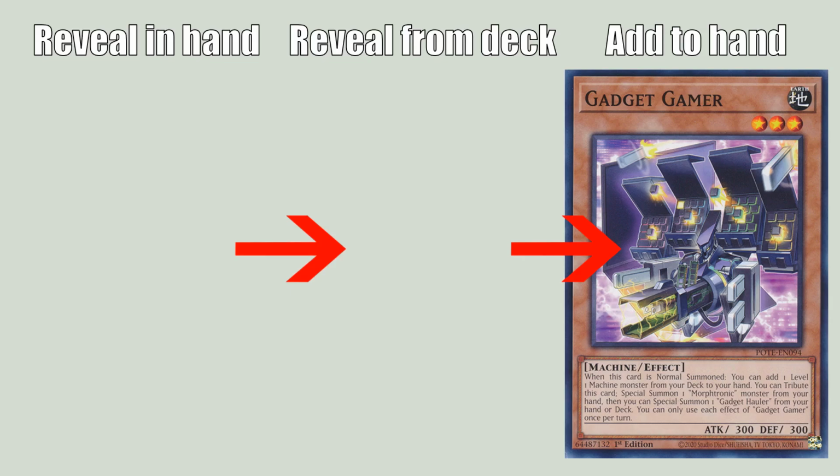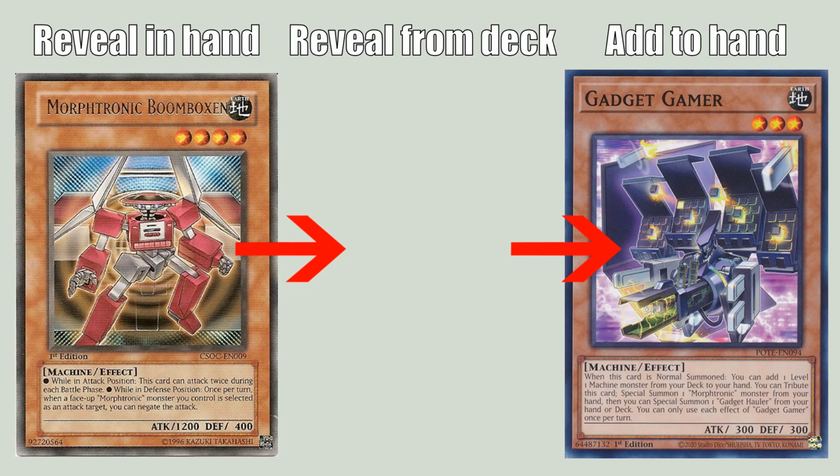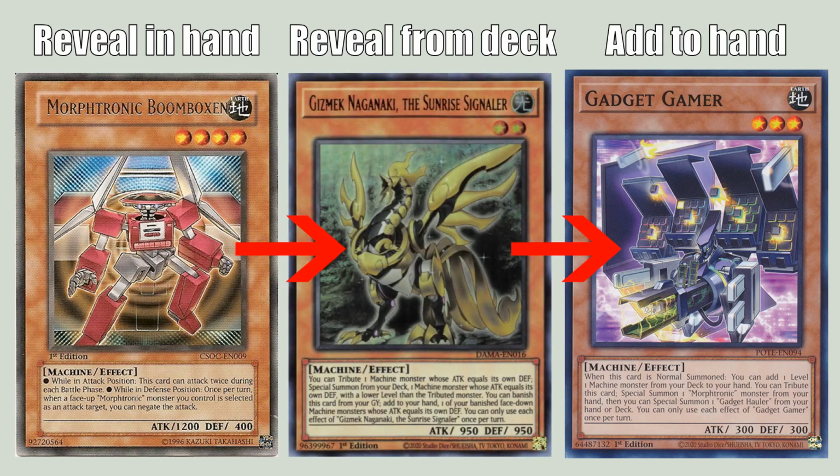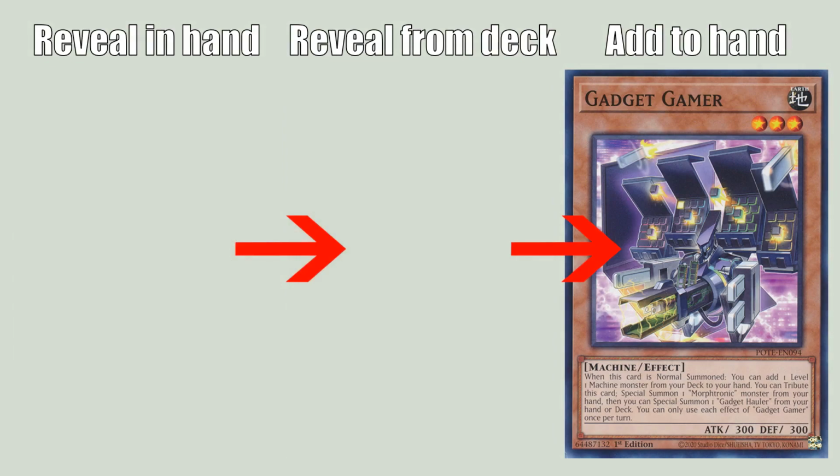You will be starting off again once more with any level 4 or higher Morphtronic except Videon, and then revealing a copy of Gizmek Naganaki from your deck to add yourself a copy of Gadget Gamer from your deck to your hand to get your play started. And then we are once again moving into the level 3 tuners, starting